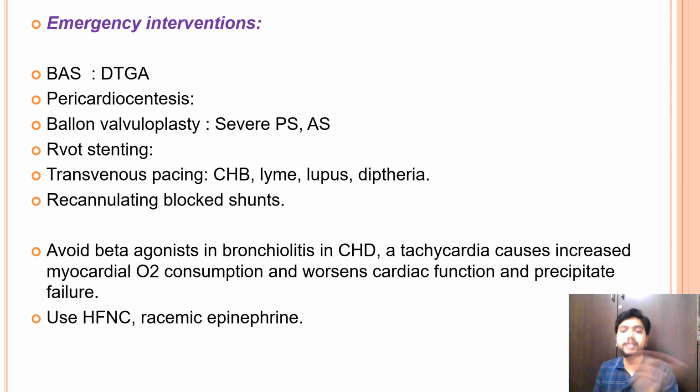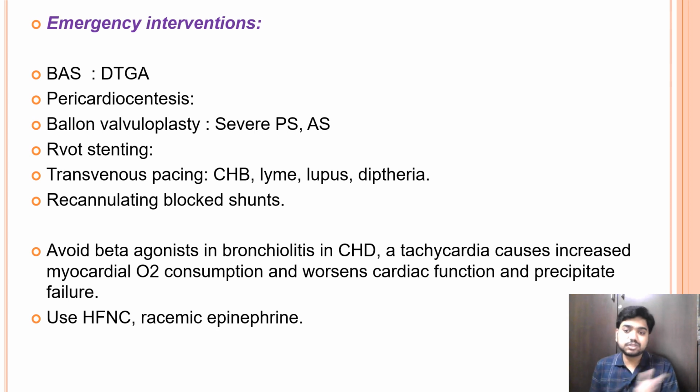Usually in cases with DTGA, where the septums are intact and there is TGA. So your pulmonary artery is arising from the left ventricle and your aorta is arising from the right ventricle. And suppose both the atrial septum and ventricular septum are intact, it is impossible to live postnatally. So definitely the child will collapse within hours. So that child may be taken for balloon atrial septostomy before you go for corrective surgery,